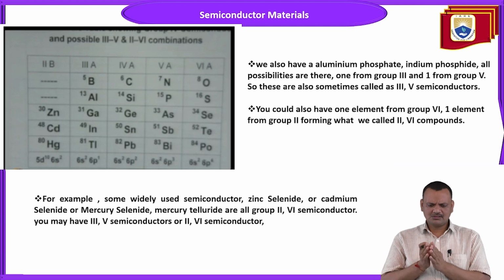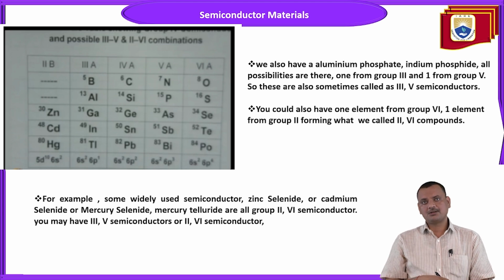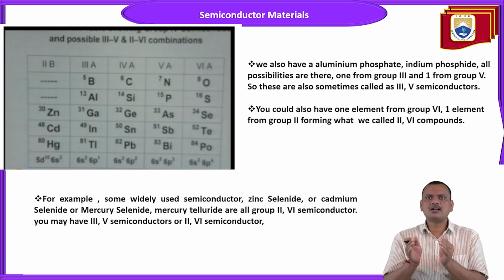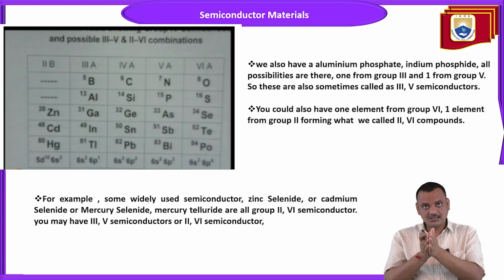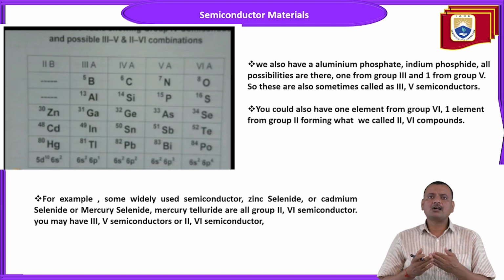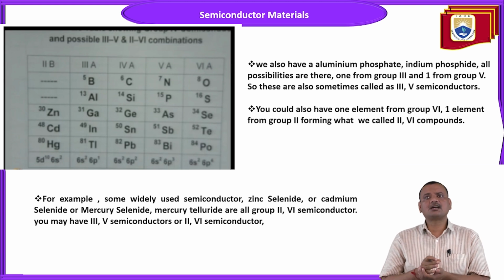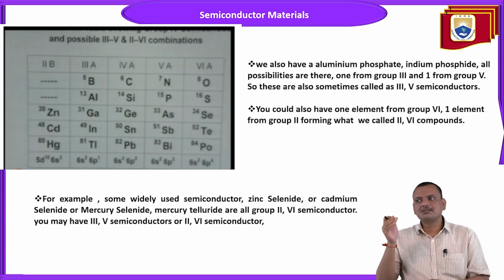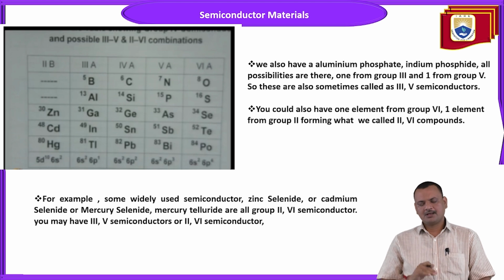So you cannot restrict yourself to only the fourth group elements. Fourth group elements will obviously show semiconducting behavior, but for the desired optoelectronic or semiconductor application, sometimes these fourth group materials like silicon, germanium, or tin do not have sufficient conductivity or property to achieve the desired level or strength of